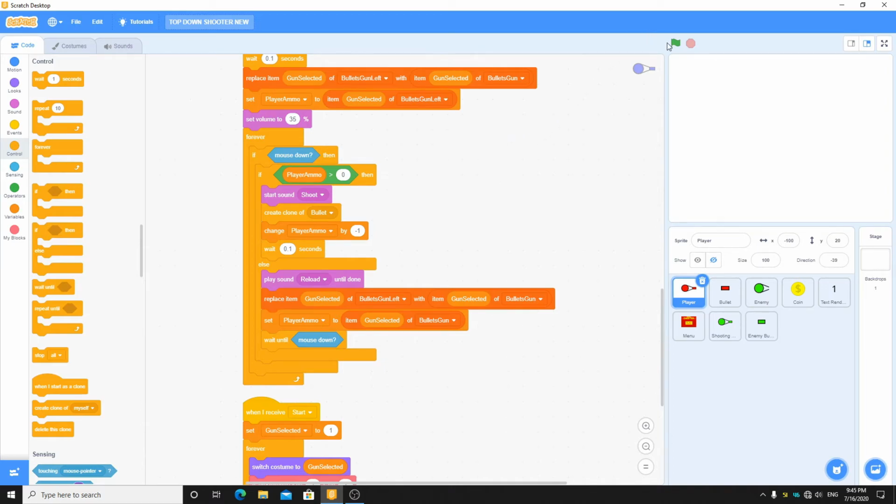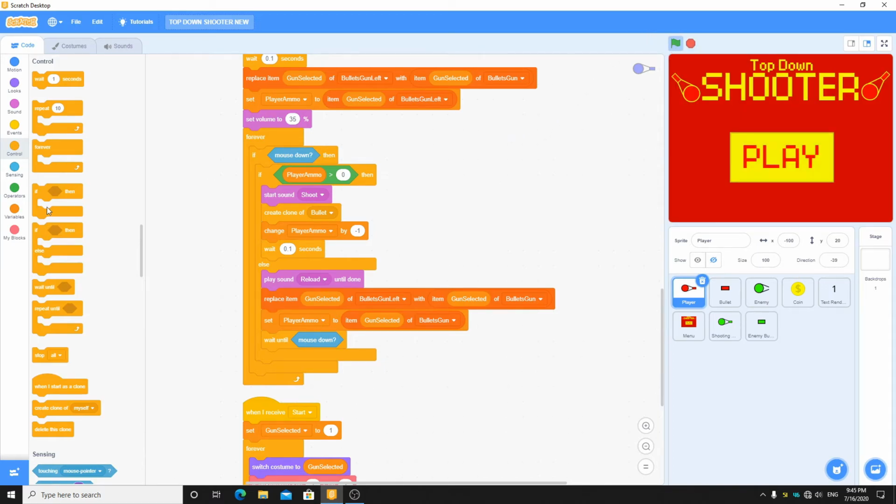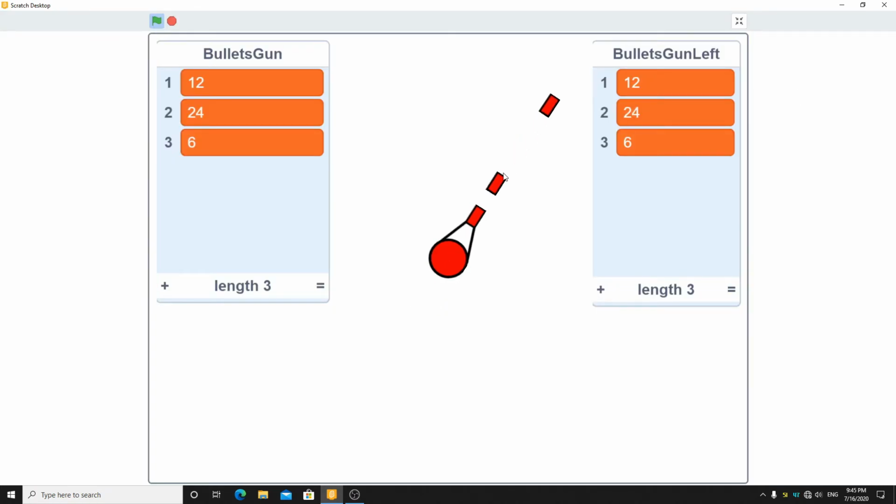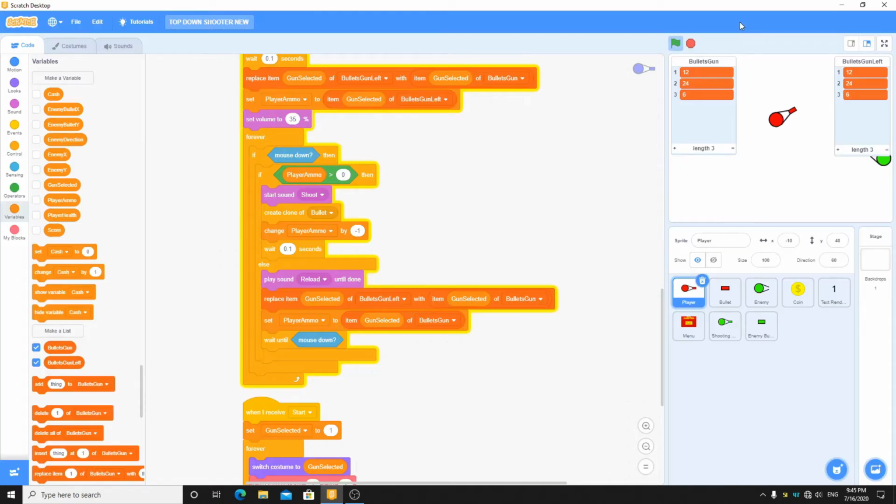Let's see, play and just see this list. Now let's see. So this script is not deducting anything here, not changing anything here.